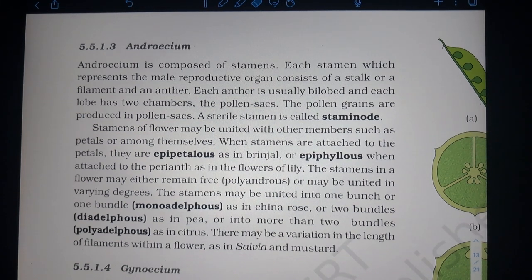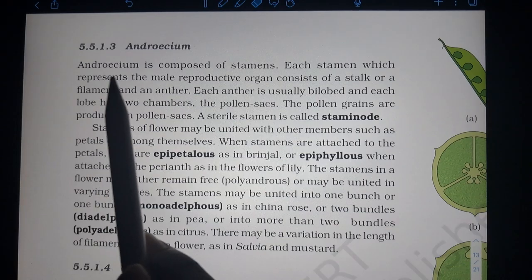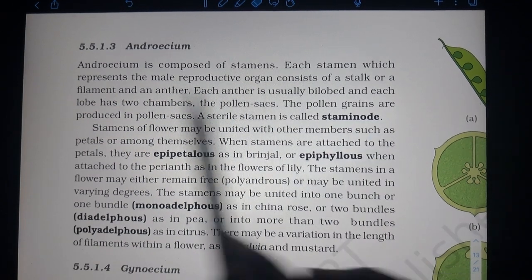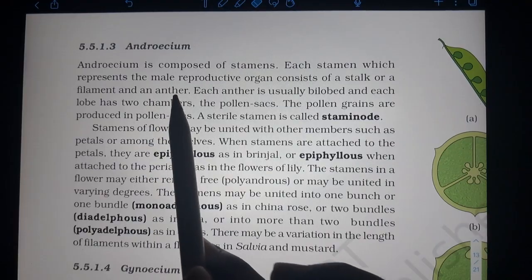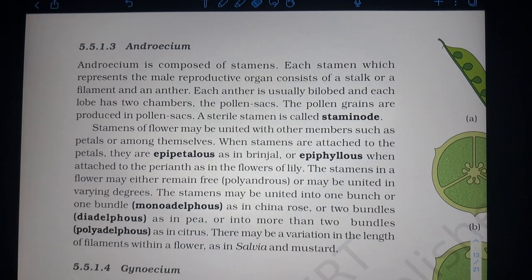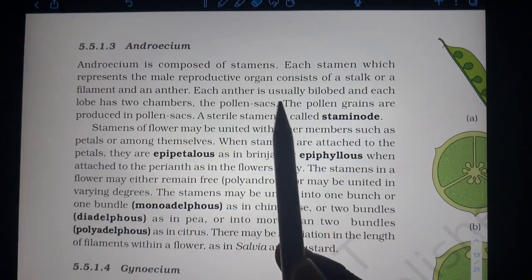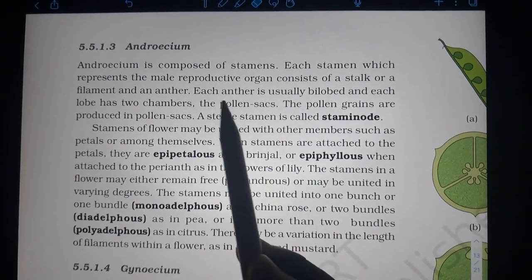Androecium. Androecium is composed of stamens. Each stamen, which represents the male reproductive organ, consists of a stalk or filament and an anther. And each anther is usually bilobed. Each anther has